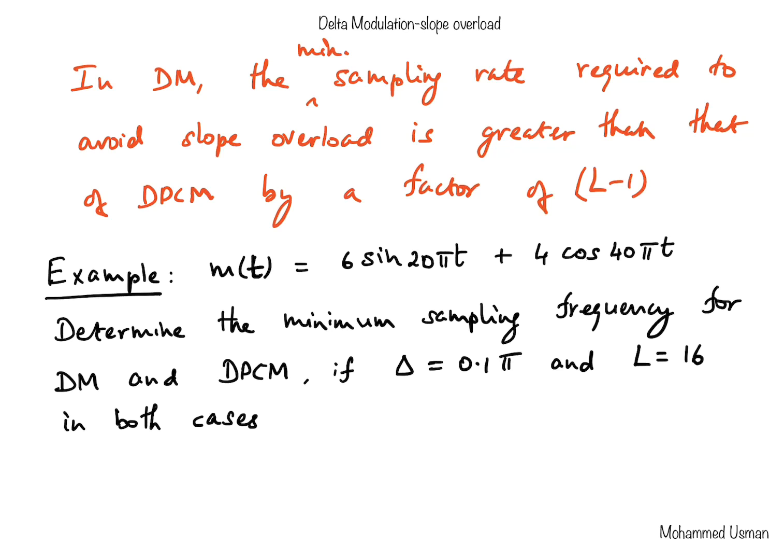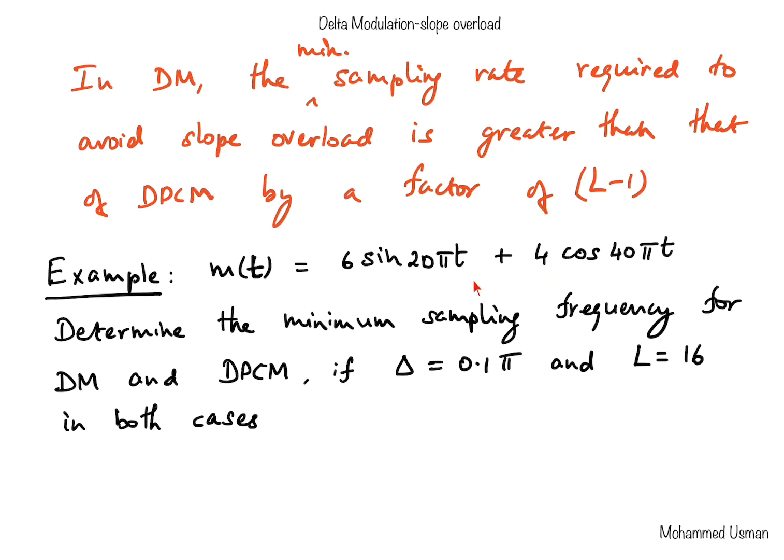So let us now consider this example where we have a signal M of t which consists of two frequency components. One is 10 Hertz, the other is 20 Hertz. It's 2 pi ft, right? So if you take the 2 pi separately, the frequency value is f equals 10, and here f equals 20. So I'll just multiply the 2 pi and f together and write it as 20 pi and 40 pi respectively. Okay, so this M of t is a sum of two frequency components,